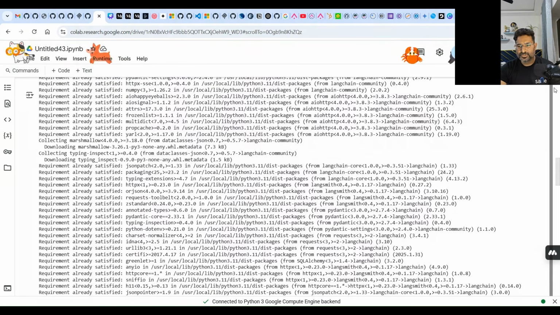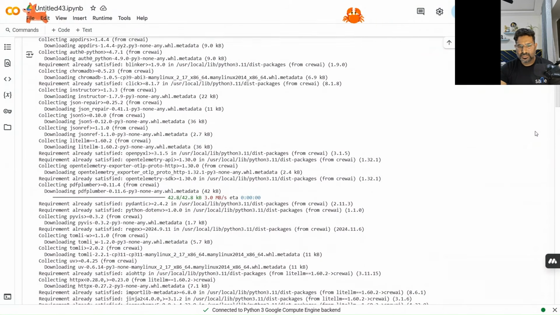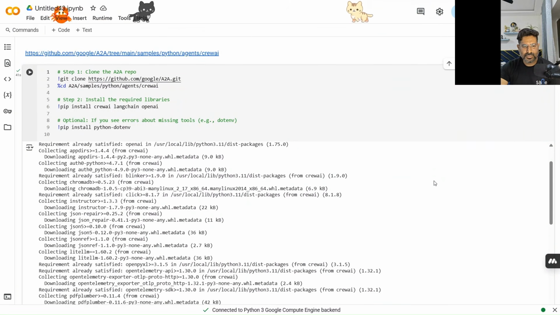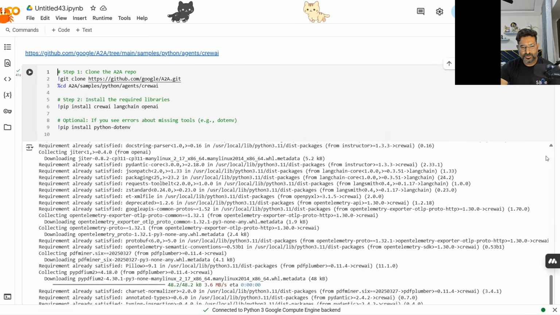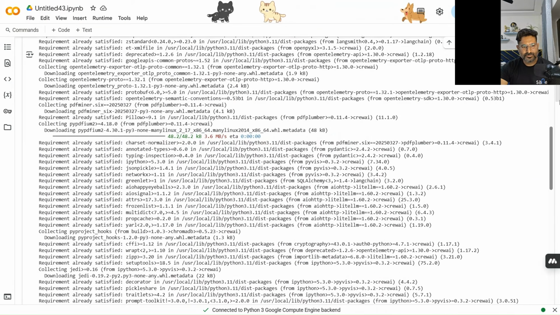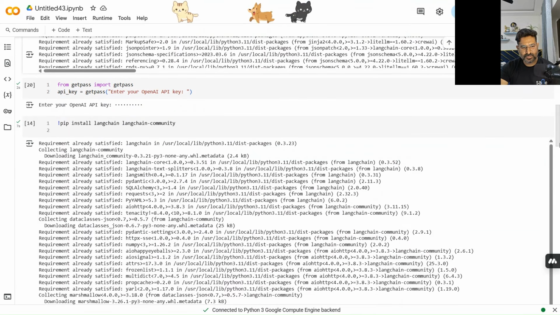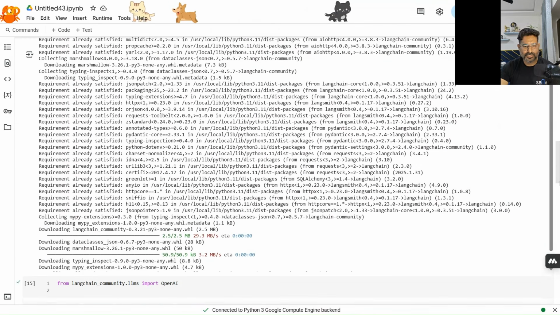But if you go here, I created an agentic workflow. All I have done is clone the repo, and I have installed A2A, LangChain, CrewAI and OpenAI as well. I provided my OpenAI key, and I installed LangChain community as well.